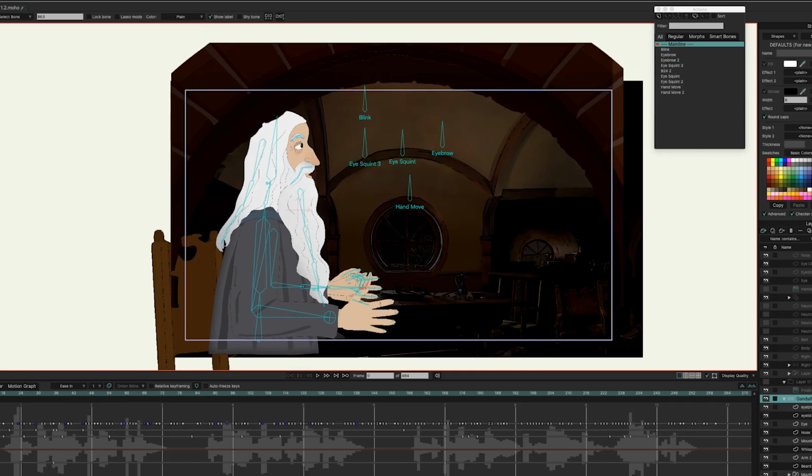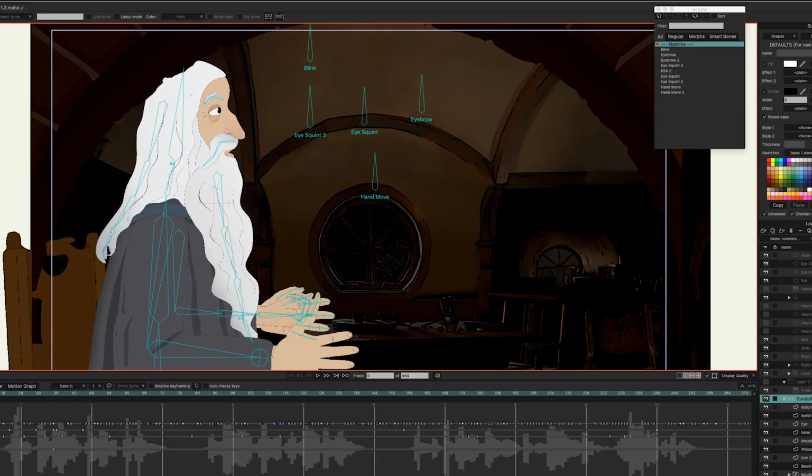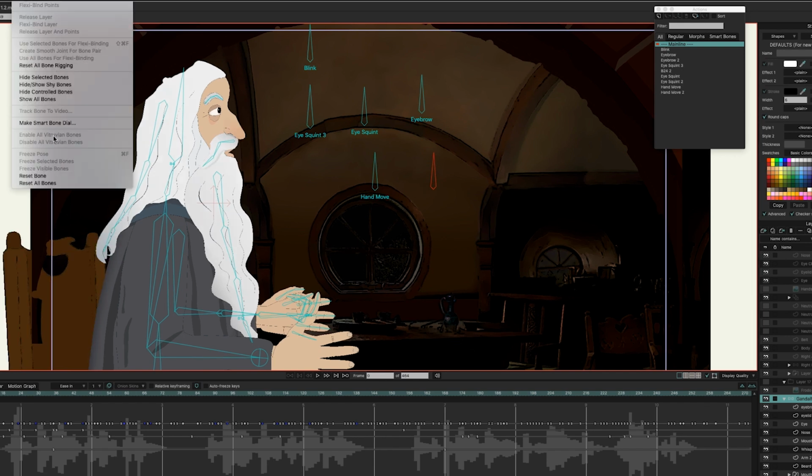Kind of glad that I did this, because that's a mistake that I've been running into a lot, and maybe other people have it as well, and it baffled me for a long time. So I made sure that nothing is selected. Add the bone. Go up to here. There are other ways of making a smart bone dial, but this is the way that